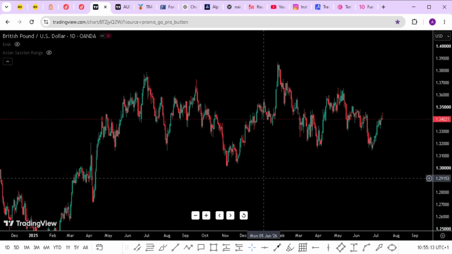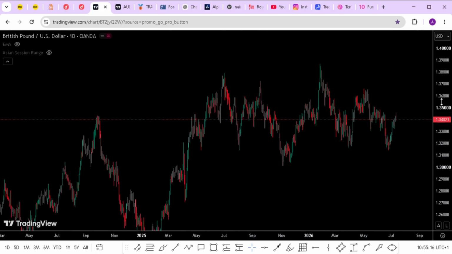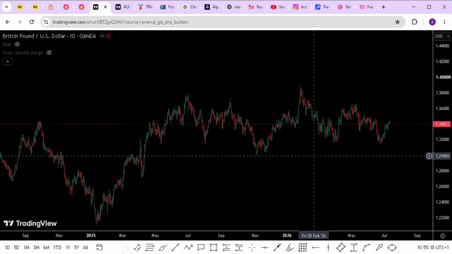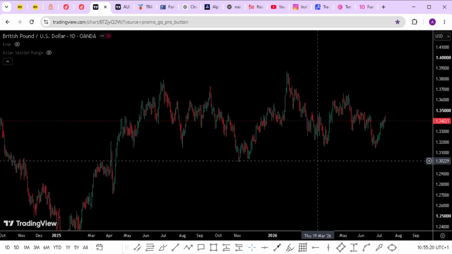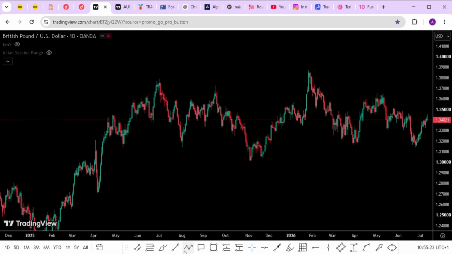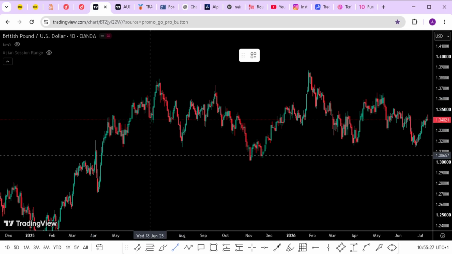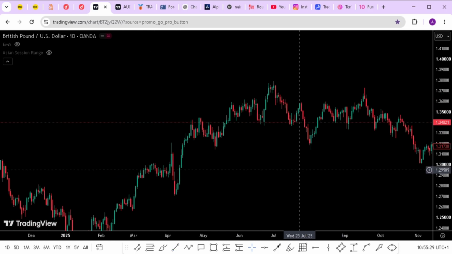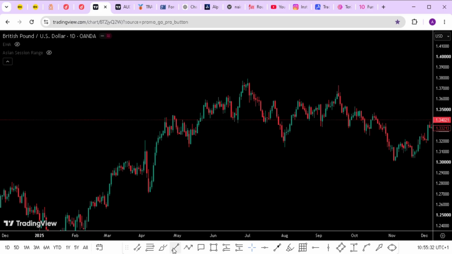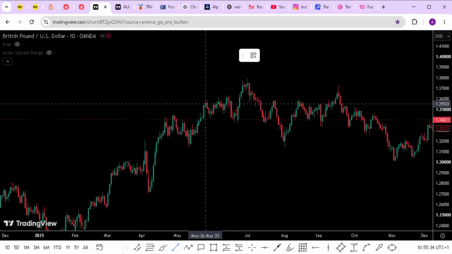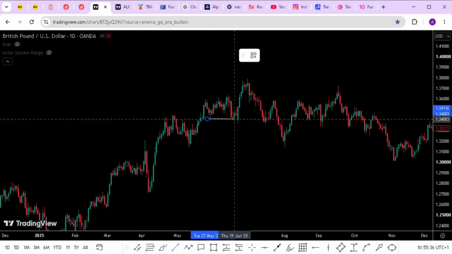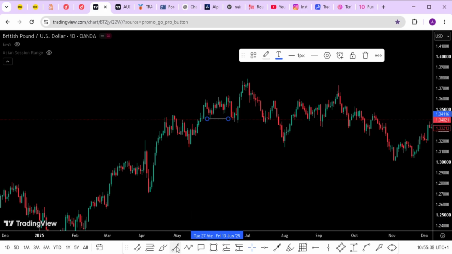So you can see GBPUSD still remaining in an uptrend, still unable to give us that downtrend confirmation. Why? All we need to do is look at what GBPUSD was doing. If we want to start from here, you can see this is the move. This is where it's going to be clear to you. Just look for your structure. Why is this? This seems to be our inducement.